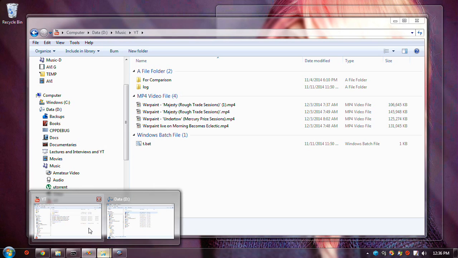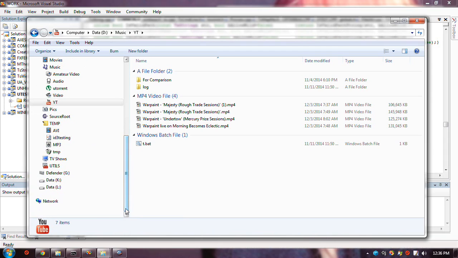For instance, an example is I have these substituted drives.